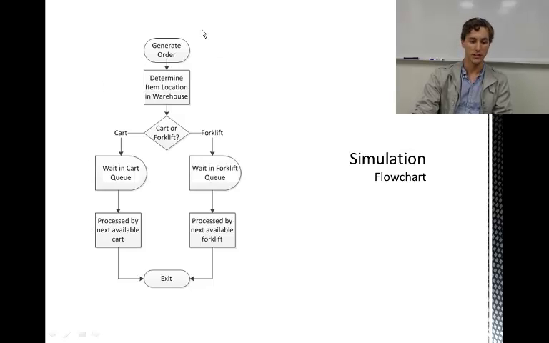So the way the simulation works is we generate orders, and then we determine where their location is in the warehouse. There are 2 alternatives to that. There's just randomly dispersed throughout the warehouse, and there's organized, so the more frequently used items are up close to the front, so most of the items that are in the simulation are easily accessible. From there we just determine if it's a cart or a forklift item, and wherever they are, they go through the same process. They wait in the queue for the next available cart or forklift, and then they're processed by the cart or forklift depending on how far away they are, and then they exit the system